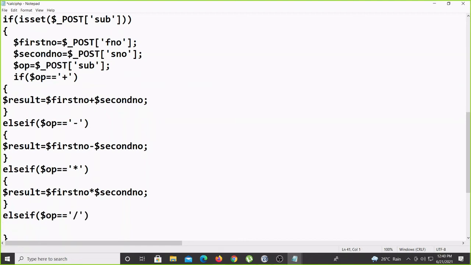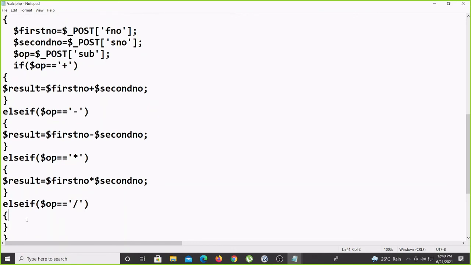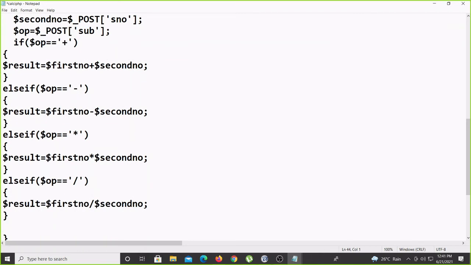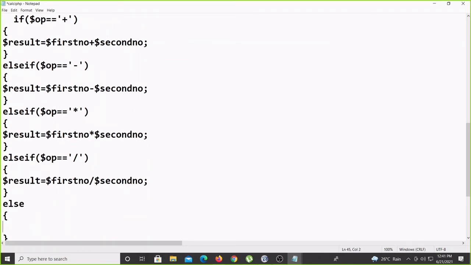So bracket here, again bracket open and close. So here $result equal to $first number divided by $second number. And for the last one you can put the else. If nothing is there, then $result equal to no operations.